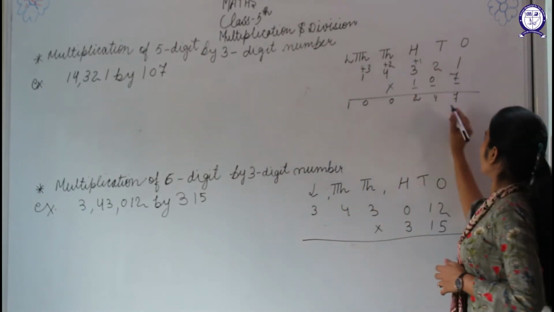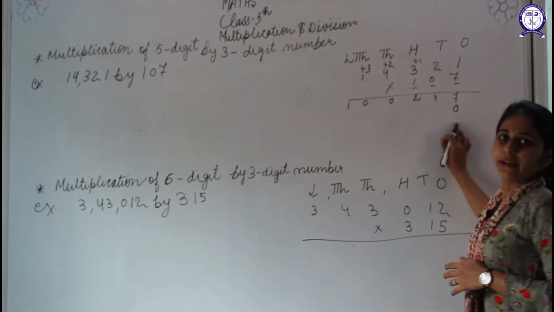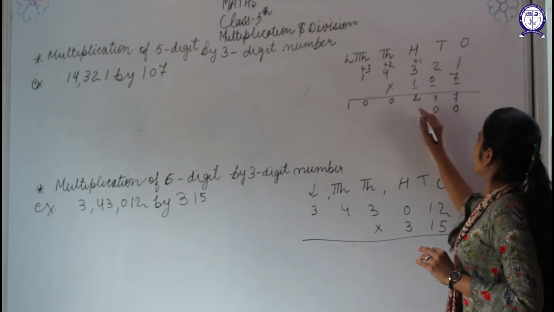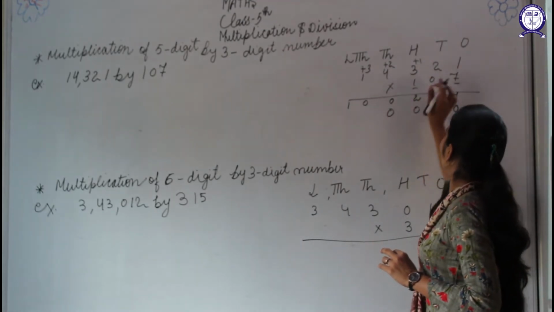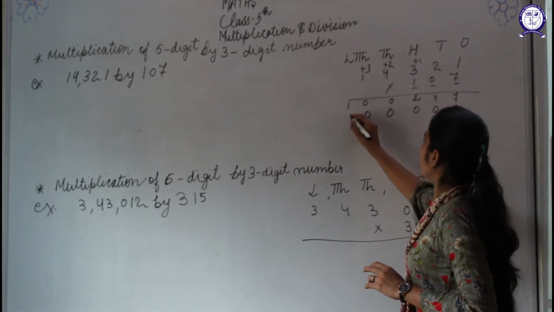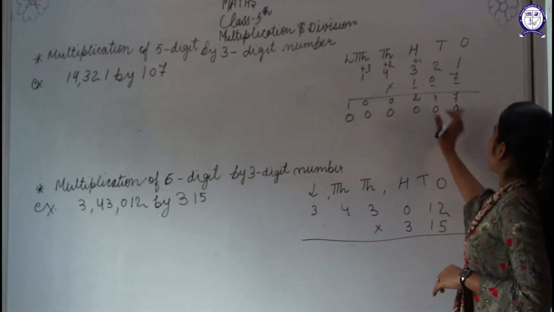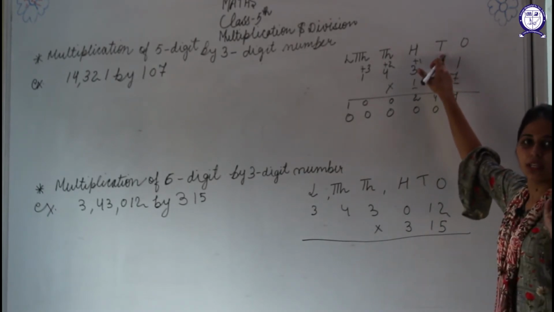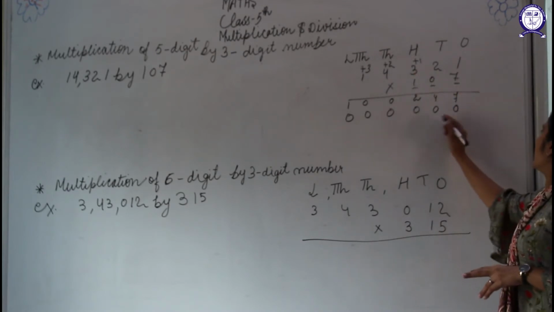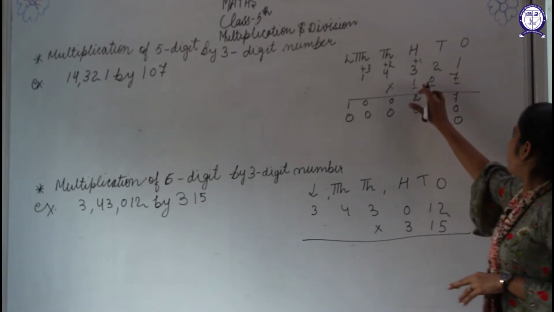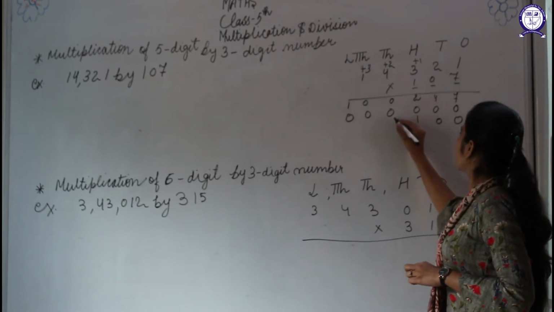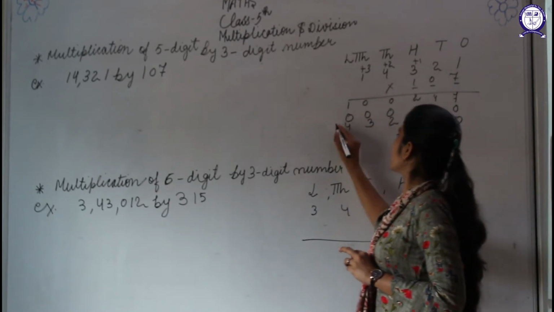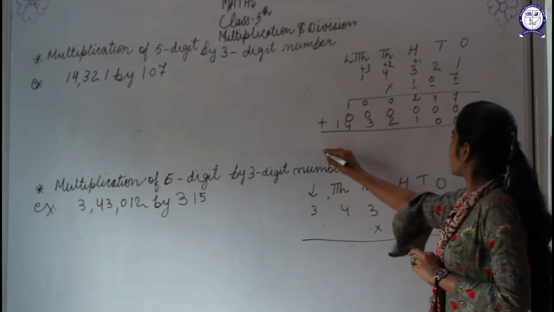So now we will multiply the whole number with 0. Here you can write a 0 or the cross sign. Now 0 ones are 0, 0 multiply with the 2, 0, 0 multiply with 3, 0, 0 multiply 4, 0, 0 multiply 1, 0 students. Now when we are multiplying by 1, you need to write at ones and tens both the places. You can write cross sign or the 0 sign. Now write 0 for these. Now multiply 1 ones are 1, 1 twos are 2, 1 threes are 3, 1 fours are 4, 1 ones are 1. Now add all these numbers or multiplication.